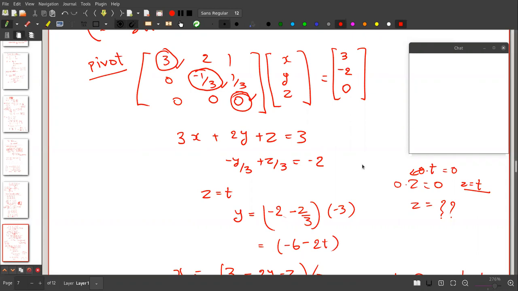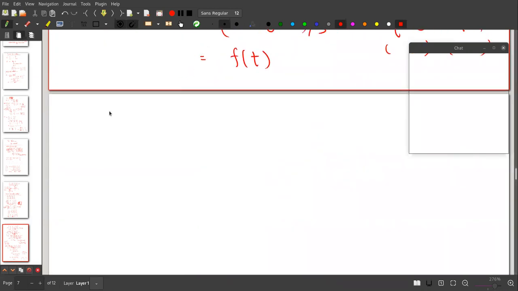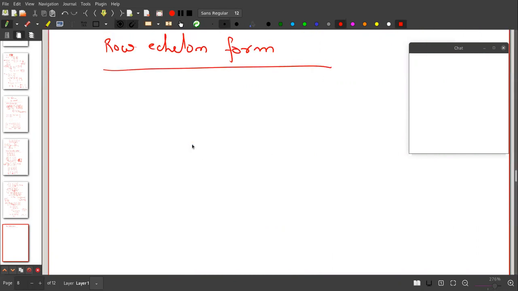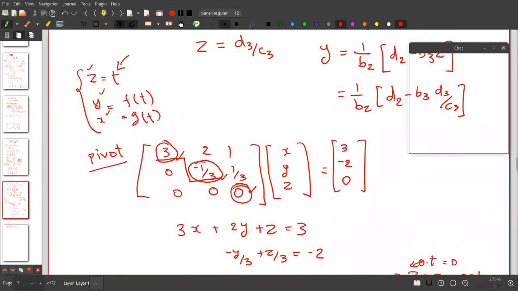So now when you reduce this to the upper triangular form, normally we call it the row echelon form. You will also see somewhere we call it a row echelon form. What is row echelon form? It's like a step. Like the step here we have formed. If the element was also here, we'd form the step like this. So row echelon form is something like a step.